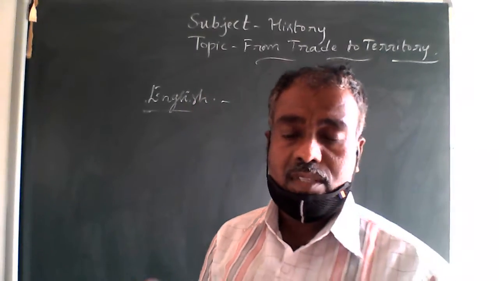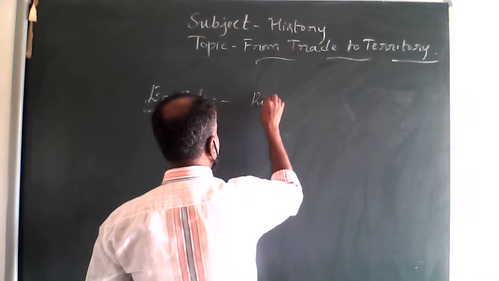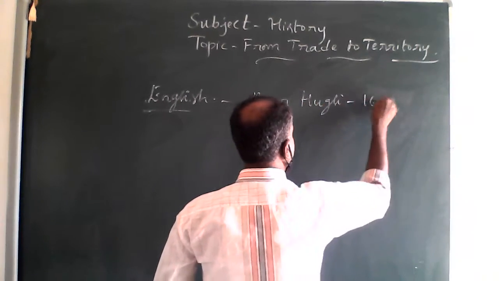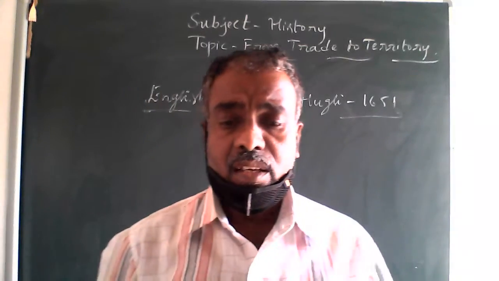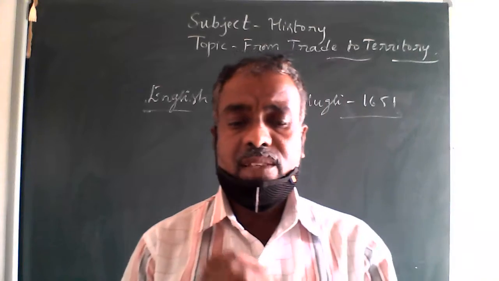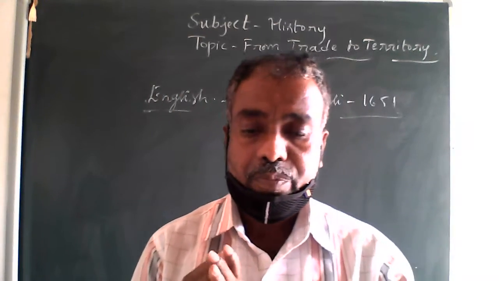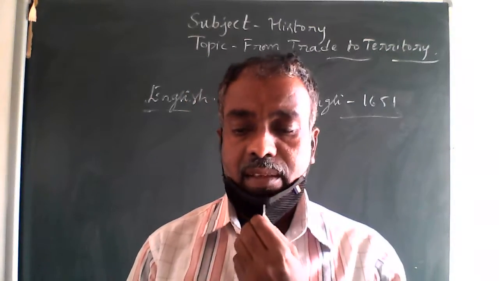So the first one was set up on the bank of the river Hooghly in 1651. Okay. This was the base from which the company's traders, known at the time as factors,